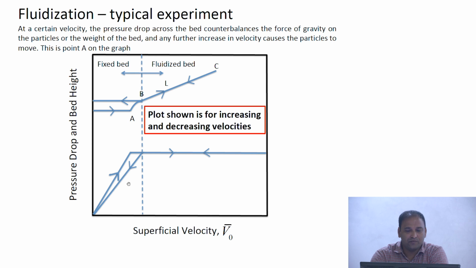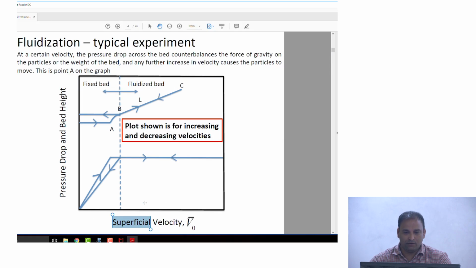People typically do this for a cycle, wherein you start with a packed bed, you go on increasing the flow rate, and then you come back to the original state. And actually Praveen had asked a question as to why we take the point B. There's this particular line that corresponds to the minimum fluidization velocity, and there's a question as to why that is the case. It has to be that point and it should not be this point. That's because when you make a packed bed,